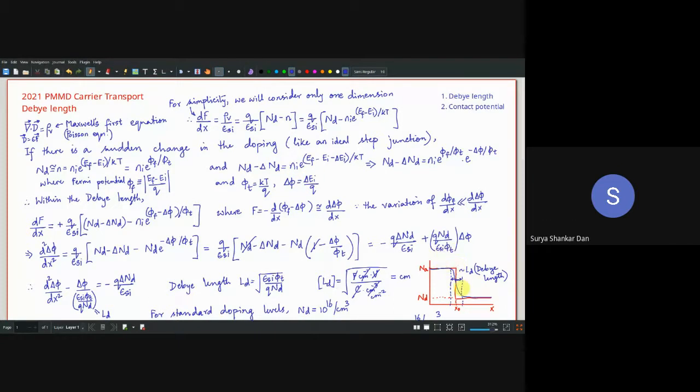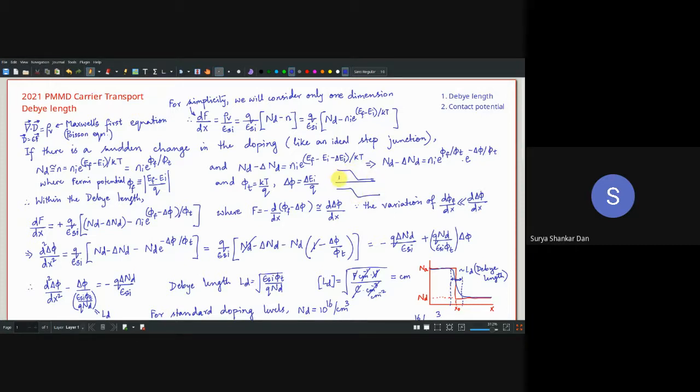Now what we are going to do is, as I said, there is a sudden variation of the doping at the junction. Now if the doping goes according to this blue line here, then let us assume that the doping changes by an amount delta ND. So accordingly, the instantaneous potential is also going to change by delta EI. Has to be, remember, in case of PN junction.